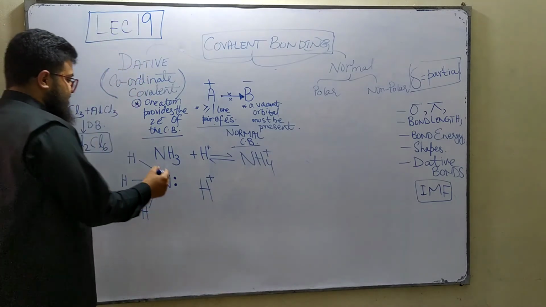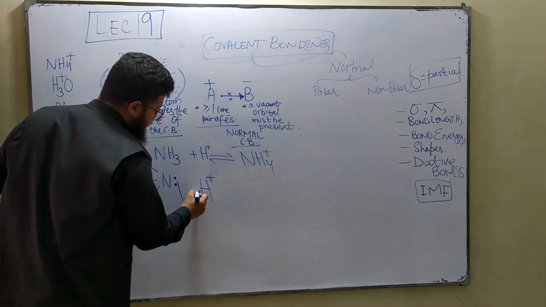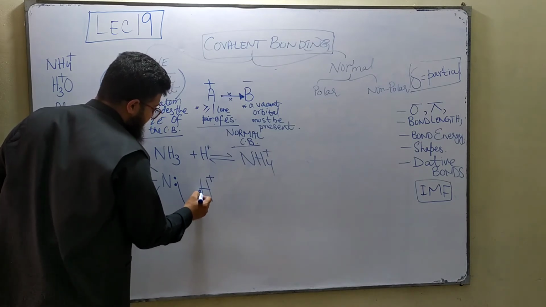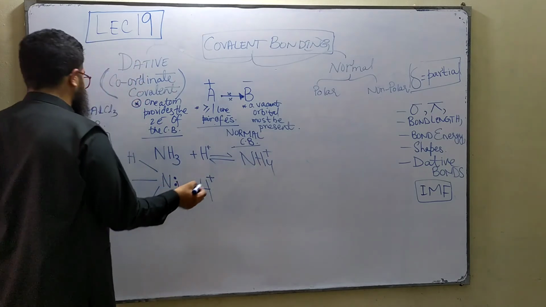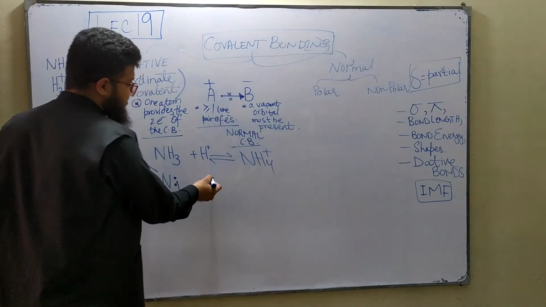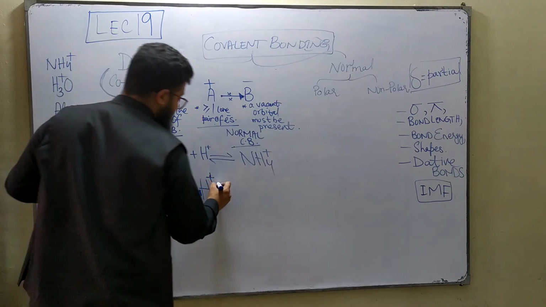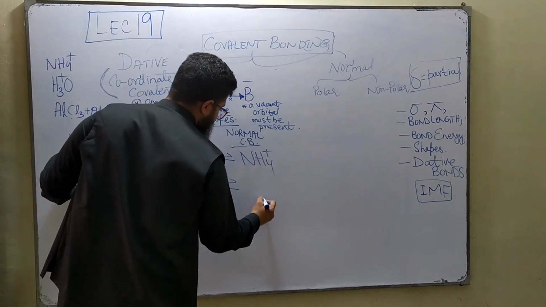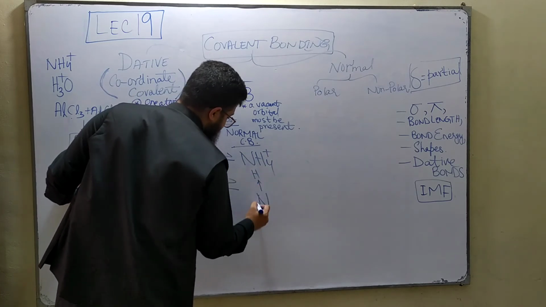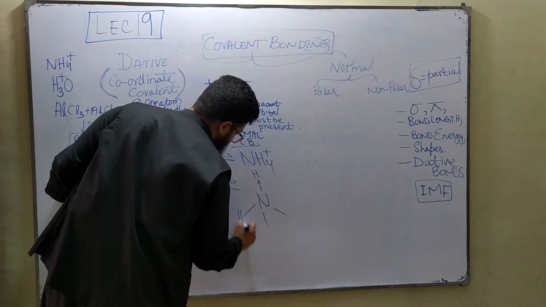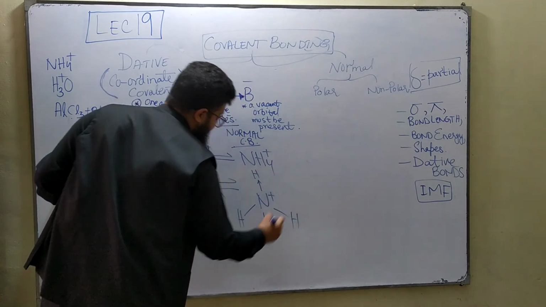So that's why H positive ions are also known as protons. Now this nitrogen will donate its lone pair of electrons towards this H positive ion, because it has this lone pair of electrons, and the hydrogen itself has an empty orbital, so it can accept that lone pair of electrons, and as a result of this you will get a nitrogen and the 3 hydrogens which it already had,